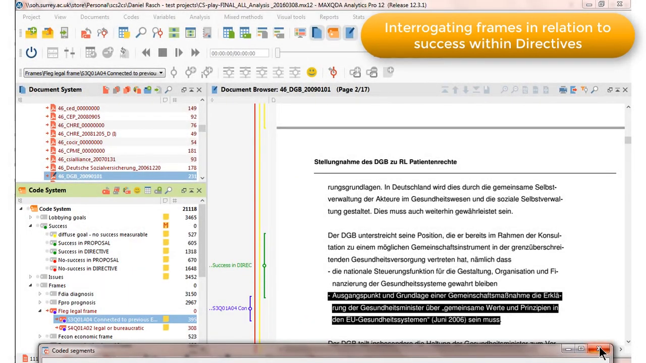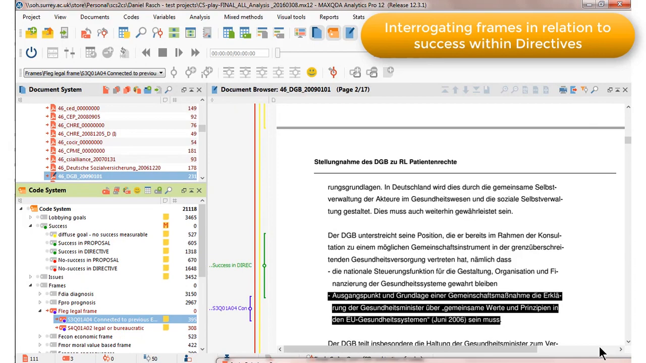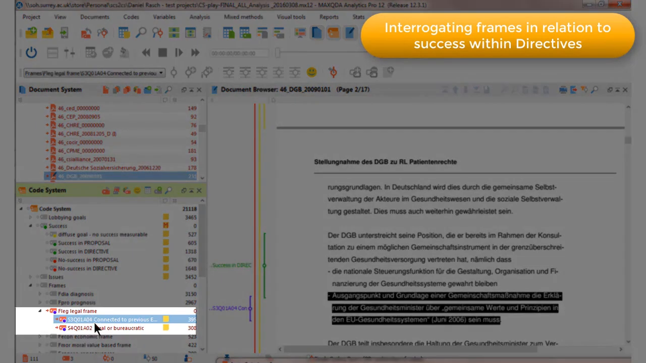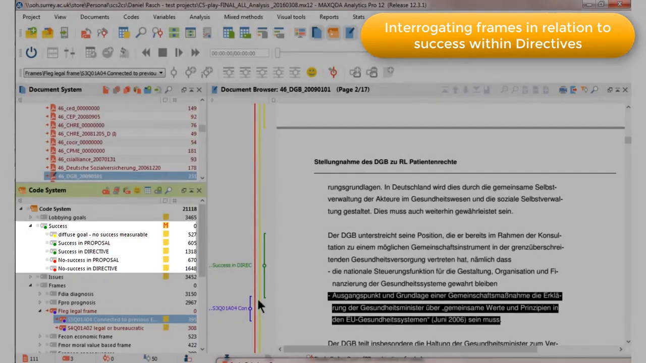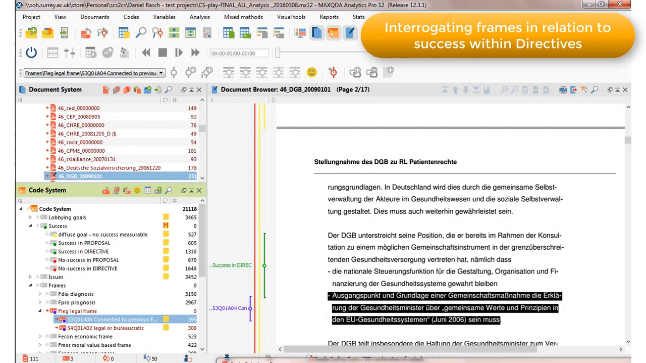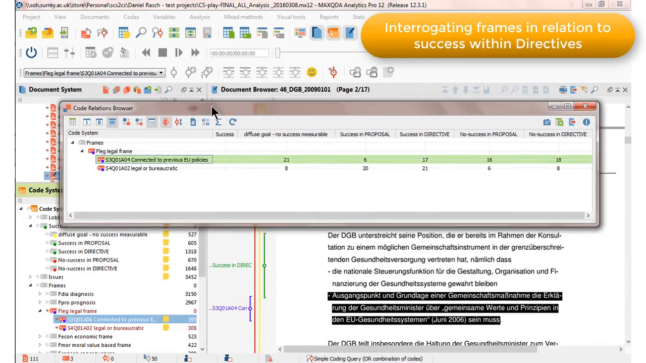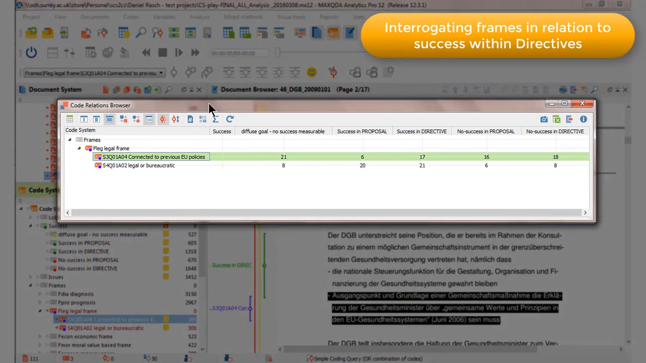So what that now means is that we can interrogate the data to ask for the connections between the dimensions of an individual frame with the different success codes. And we can focus that on a particular directive. And I've done that here by running a code relations browser. If you've never done this before, you'll be able to master the software operations on your own. But remember, our purpose in this video is to teach you why the component was harnessed in the way it was. And that was because